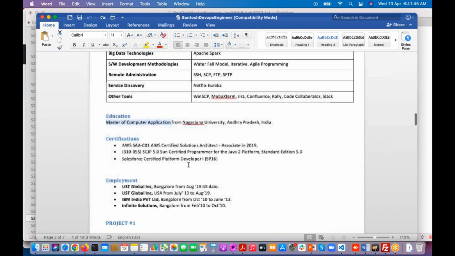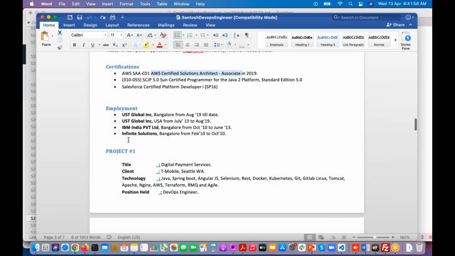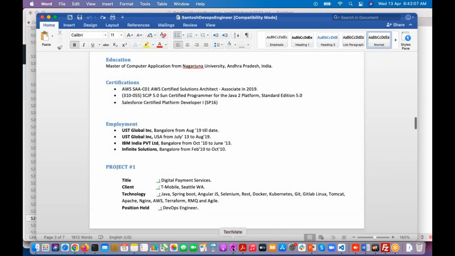Okay. So if you have any certifications, you can specify them here. Okay. So, associate certificate, AWS Solution Architect Associate. He mentioned that. So, employment. Here he's keeping that Invest Global and these things. Right. Suppose